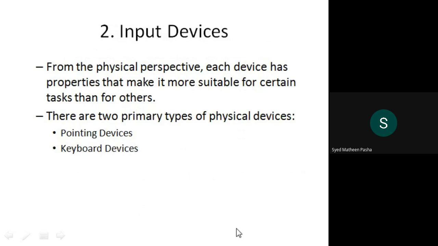Then let's start with the important topic, that is input devices. What are input devices? As your friend told, input devices are nothing but the means with which you provide input to your system, or the interface you are using to provide input to the system. From the physical perspective, each device has properties that make it more suitable for certain tasks than for others.